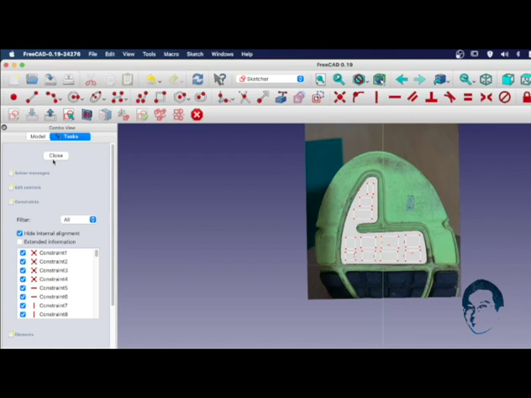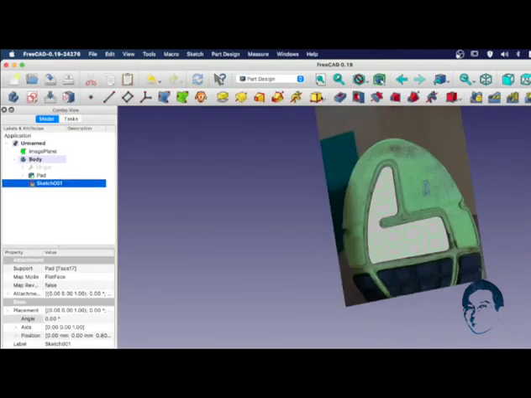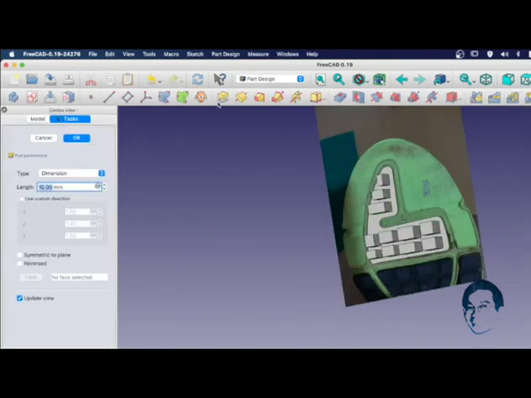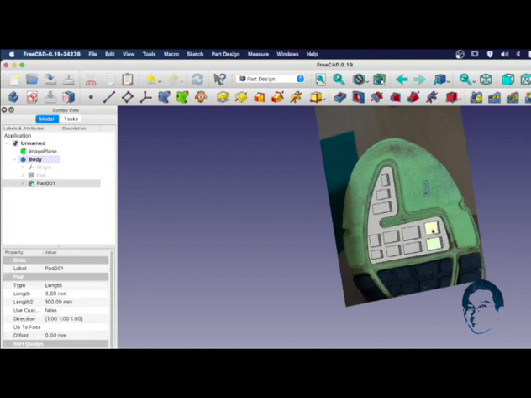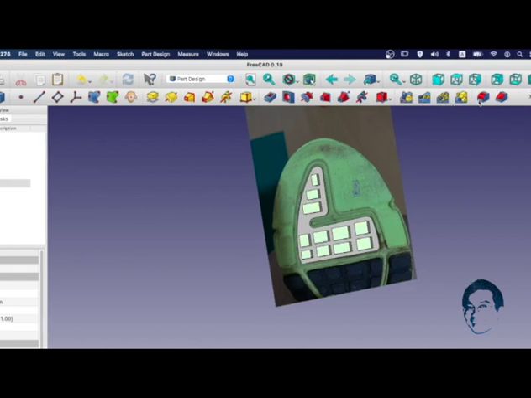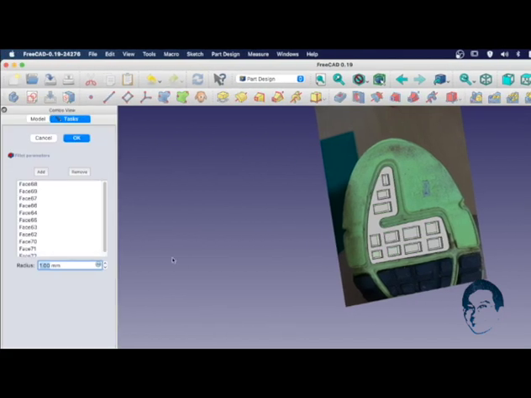Alright, so I'm done on this. I close it again, I pad it up, and what I need is only 3 mm. Change to 3 mm. They're done. Next thing, I want to create some fillet on the edge here so that you have better friction. Alright, so I select all the surfaces, then select the fillet tool. By default it's 1 mm, and I need 2 mm here. Alright, so this is done.